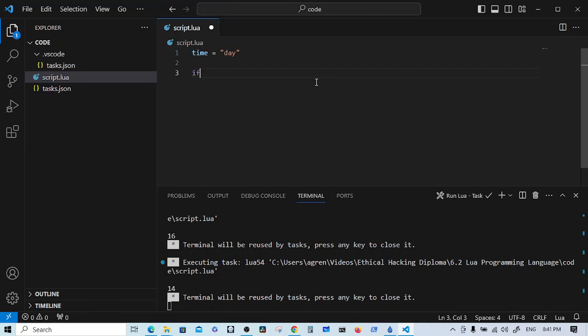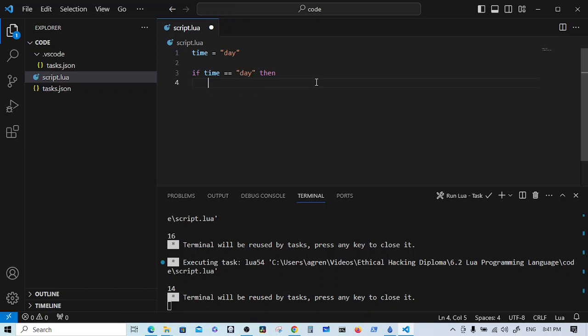So here we will do an if statement. So we say if time equals day, and now I will explain what equals is exactly, but just a minute here, please. So if time equals day, then